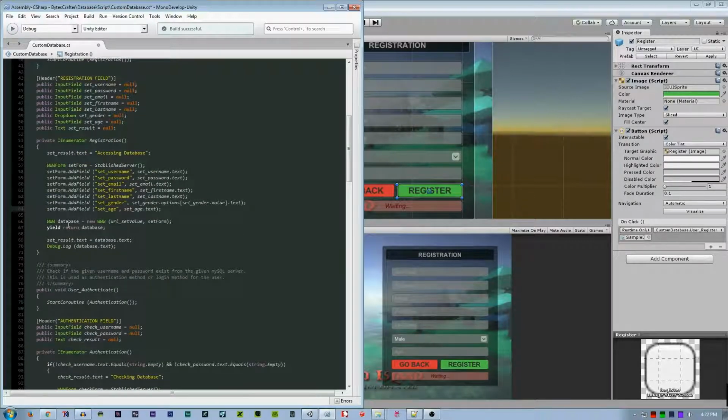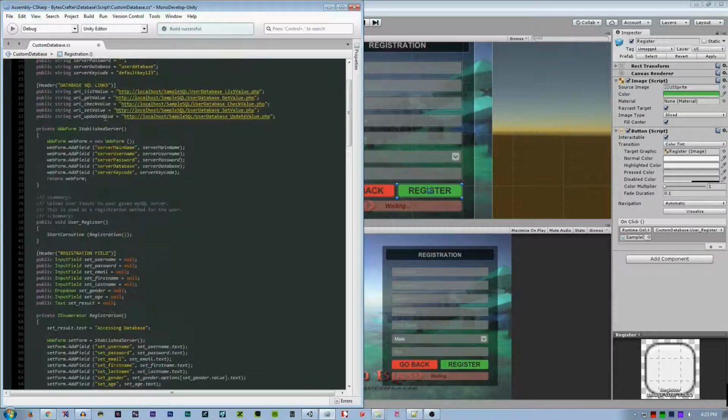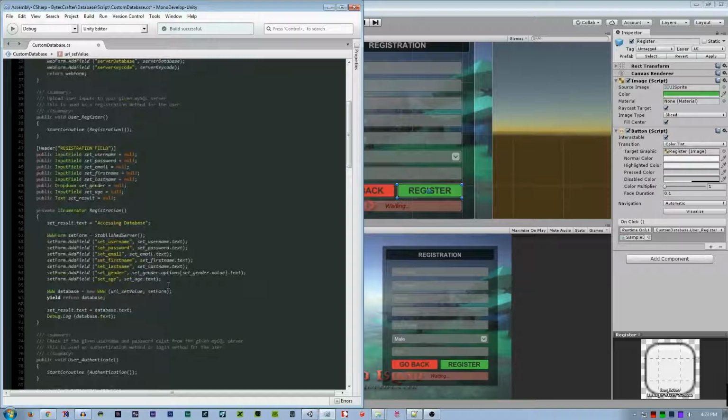So now we have the WWWForm or the web form. Now we will send it to the web. So we should make a WWW, I called it database, is equal to new WWW, open parenthesis. The first one should be a string, a URL, which is declared earlier here.